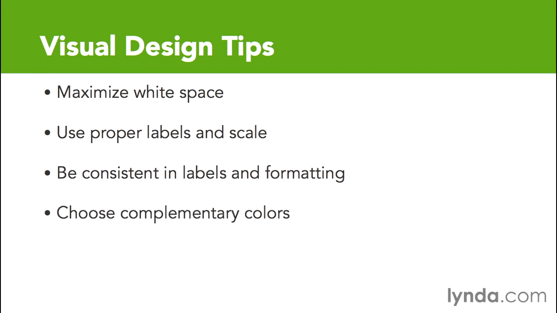We also want to choose complementary colors. Research has shown that people tend to remember information better when we use a complementary color pattern. And so choosing colors matters beyond just making the graph look pretty. We want to create harmonious colors and use contrasting colors only when we want to bring viewers' eyes to certain parts of the chart. People also tend to automatically group light colors and assign meaning to various colors. For instance, the traffic light: red equals bad, green equals good, yellow equals somewhere in the middle. So we must be thoughtful about our color choices.